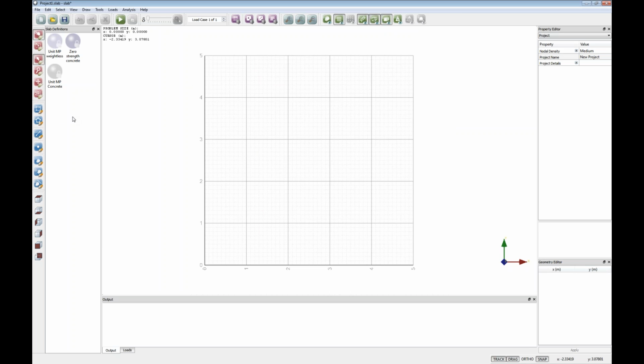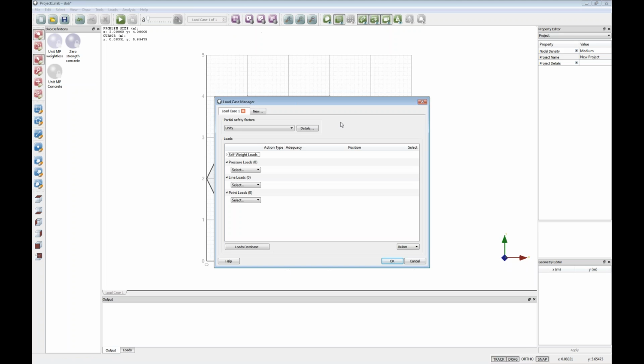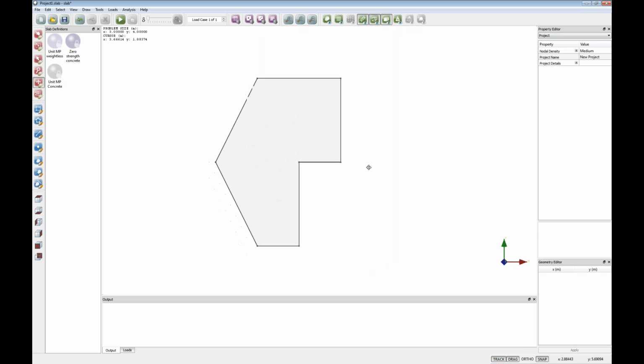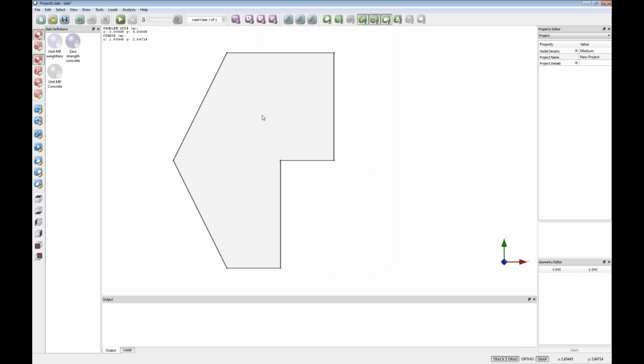And what I can do is use the drawing tools on the left-hand side to simply draw a slab. I'm just going to do this freehand. There are other ways of doing this that Tom will talk you through. So, for example, reading in a geometry from a DXF file is a popular option. I'm just going to freehand draw a slab, just clicking to the grid points. What I can do now is just hide the grid, and what I now need to do is define some supports. So what I'm going to do is